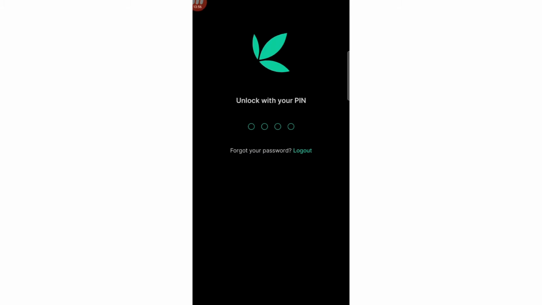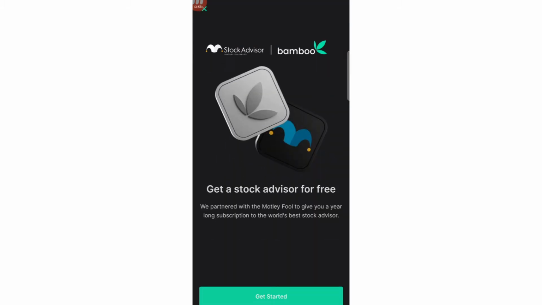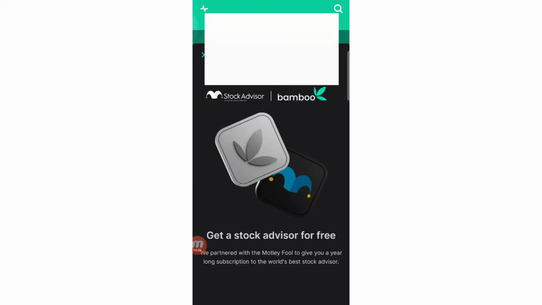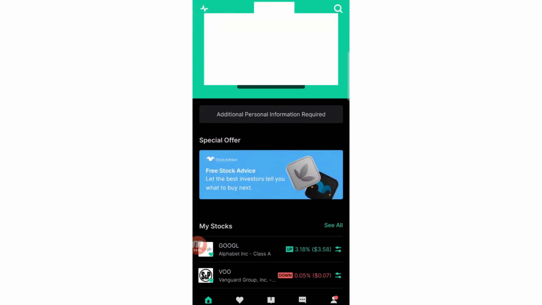So Bamboo is definitely giving you a platform where you can actually get free stock advice that can help you to invest wisely in the stock market. So that's one very unique feature of the